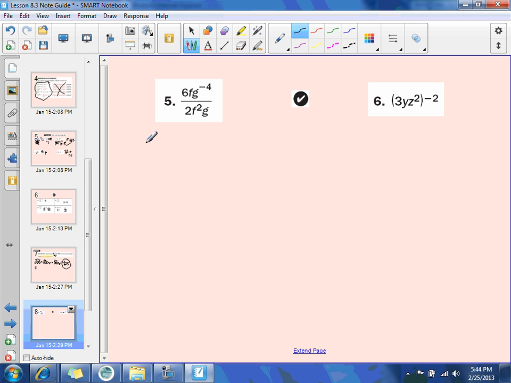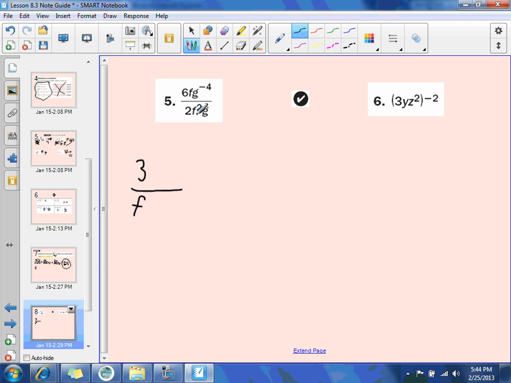So let's try these ones. Look at my numbers. I've got 6 divided by 2. That really is 3. Now, I'm not subtracting my numbers. You subtract exponents when we divide. The numbers get treated like numbers, like fractions. I have f in the numerator and f to the second in the denominator. That means my f's, when I simplify them, are going to be left in the denominator, and I'm going to